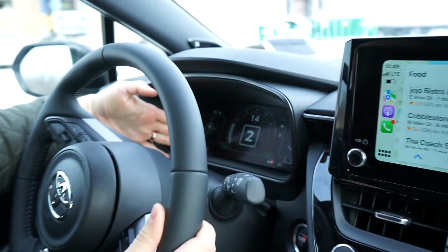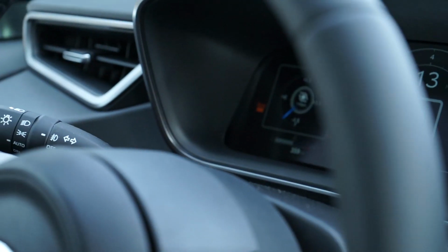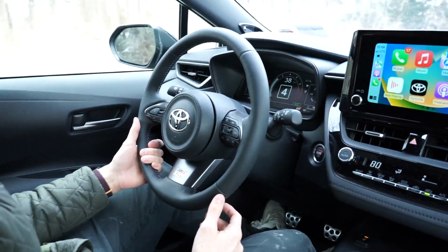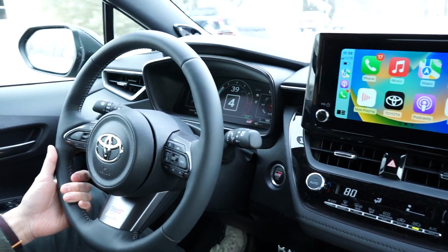I do just want to note, I am an expert driver, as you can see by my dash here. I'm in expert mode right now, so just be aware. It's pretty serious. So we are just going to show off the manual transmission. So this is like the rev match when you downshift. I'm in 4th gear right now, so